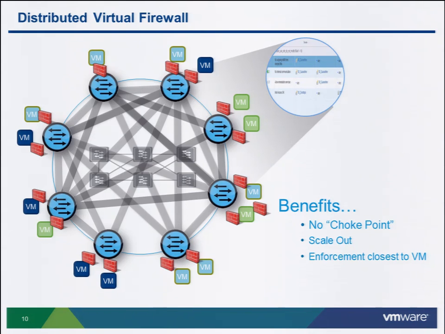In case the traffic is coming from the physical world and hitting the VM as a destination, it gets enforced closest to that VM, right? So enforcement happens closest to the source or the destination, whichever comes first in this particular case. There is no enforcement in a central place. Again, management is centrally done, but enforcement is done in a distributed way,